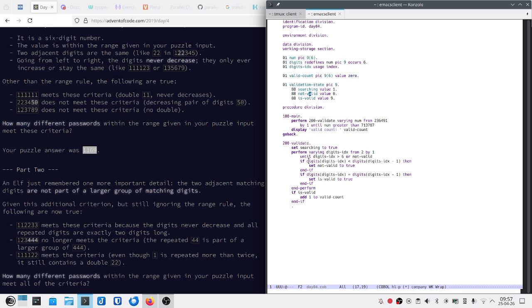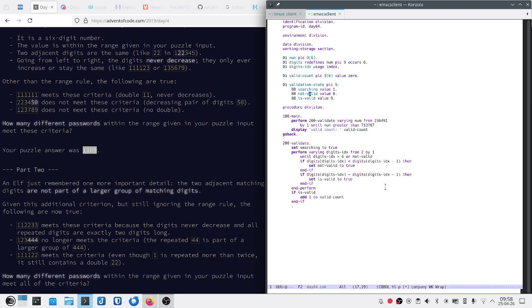And then you compare the digit at this place with the previous digit, and if it's less than the previous digit, then you set not valid to true, and if it's the same as the previous digit, then you set valid to true. I'm not sure I like this constant indexing